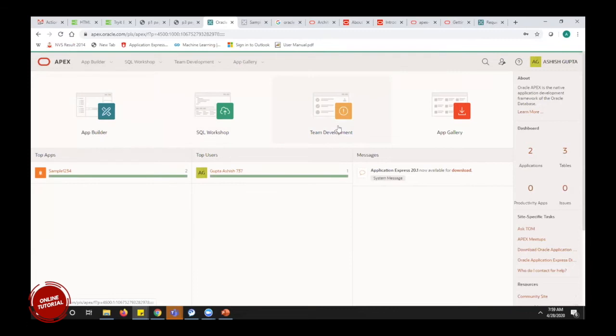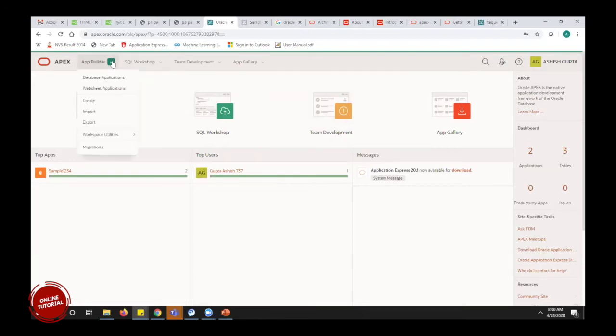In team development, if we are developing one application and we have five people in our team, we can see how much progress we have made on the application, how much of the task is left, and who has developed what components. App gallery has some default applications already installed in Apex, which we can download and look at. This is what these four things are about.